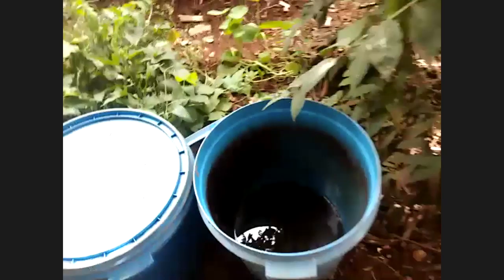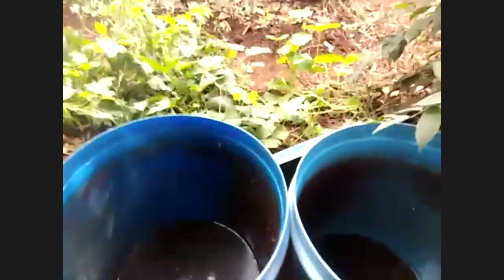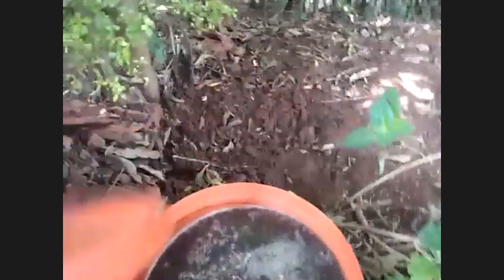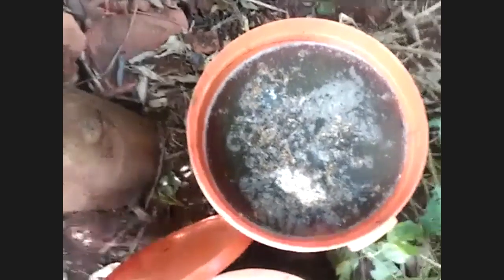Another one we're using is chicken tea. Now this is chicken manure filled up with water. This is the old one, already ready to use. We also leave it for 2 to 3 weeks. And this is the fresh one. Just started today. So we've got our own chicken, and we use obviously the chicken manure from our chicken to